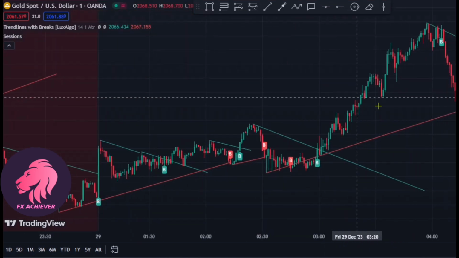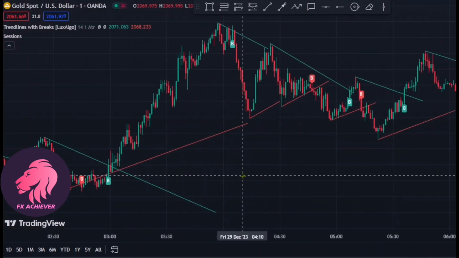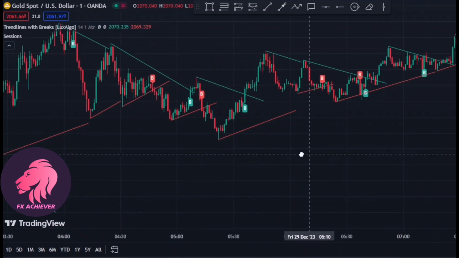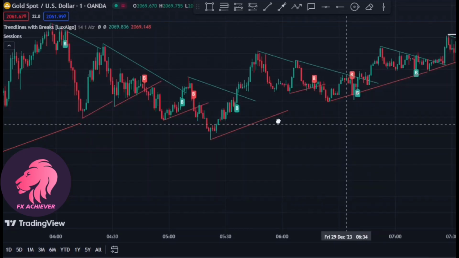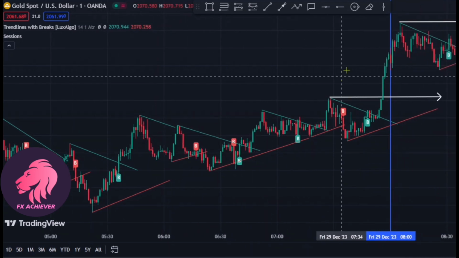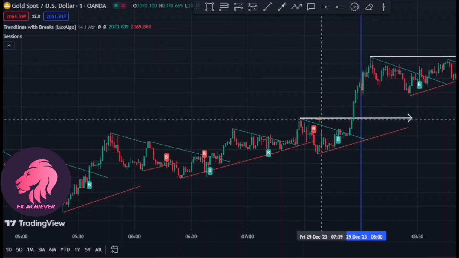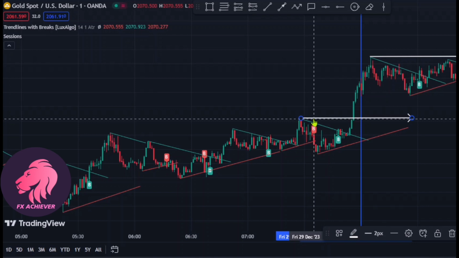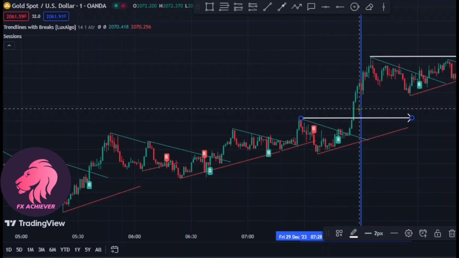And then I look up to trade another day, and here it was a Friday, 29 December. As you can see here, Friday, 29 December. I'm also searching for opportunities. I do the same procedure again, do the same thing over and over again, so that you can try and be consistent. What I see is I mark the higher high, which got recently broken before I went into my